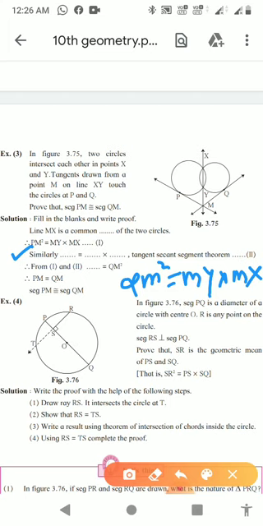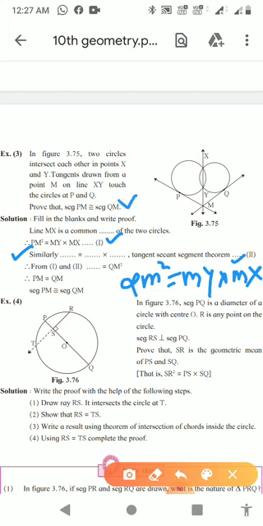So from equations 1 and 2, if we closely observe, the RHS of equation 1 and equation 2 is the same. If the RHS is the same, the LHS is the same. Therefore we can write PM square equals QM square. So at this position I am going to write PM square. Therefore, taking the square root on both sides, I can write PM equals QM. Therefore we can easily say that segment PM and segment QM are congruent with each other, and this is what we had to prove here.